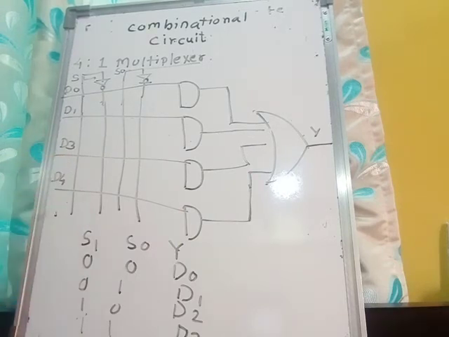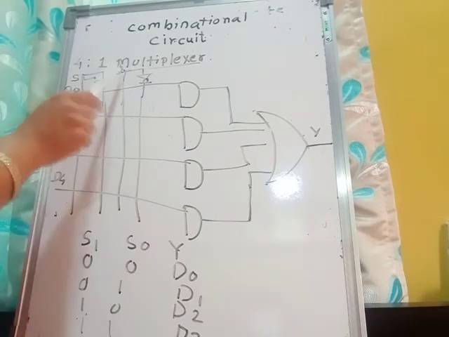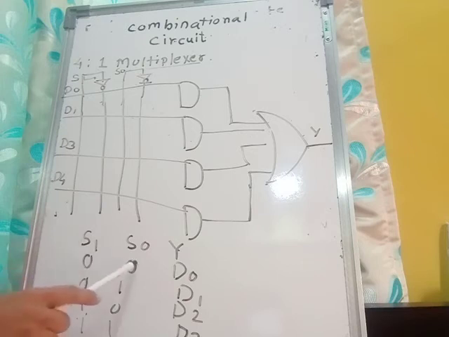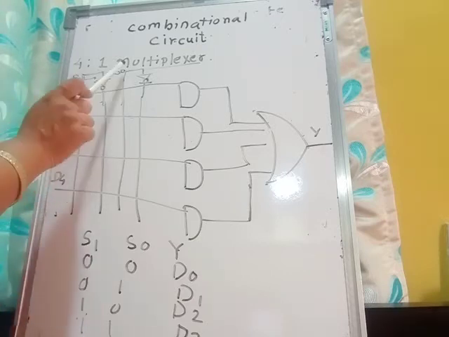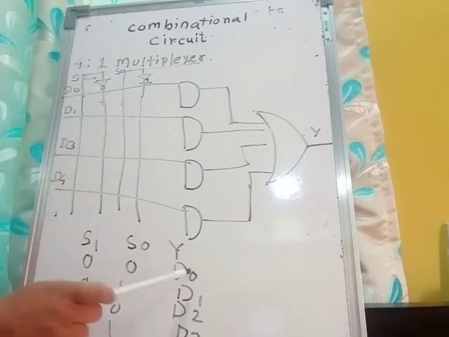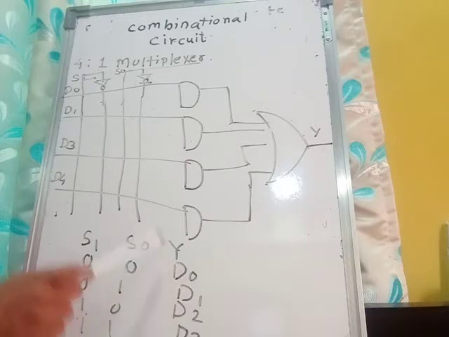So now see in the table, when S1 and S0 are both 0, 0, then we will get the output D0. Means Y is equal to D0. You can check in the truth table also. If S1 is equal to 0 and S0 is also 0, then you are getting the output D0, which is